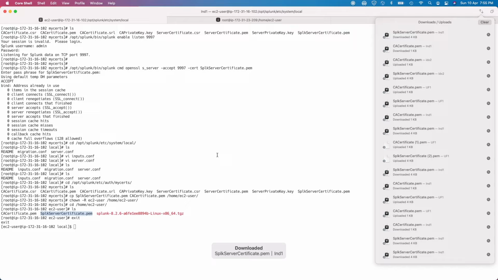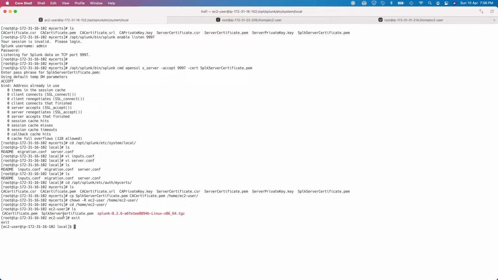What I'm trying to do here is that we don't have to run the same settings on, let's say, 100 different servers. We just have to generate the Splunk certificate.pem and certificate.key, and then we just send them to the other servers. We don't have to generate different certificates for different servers. Okay, so anyway,